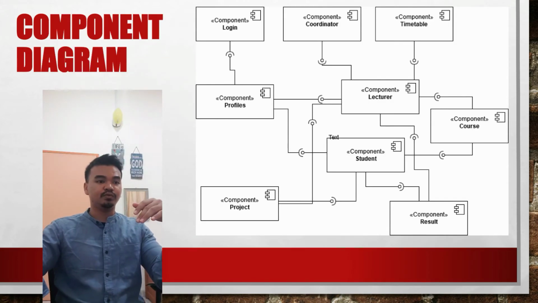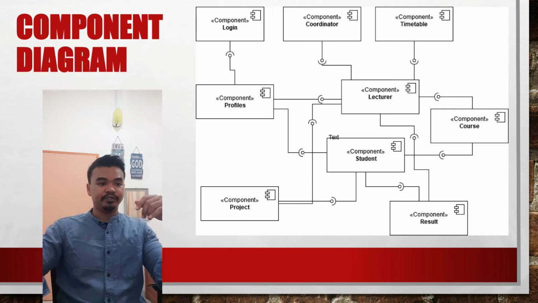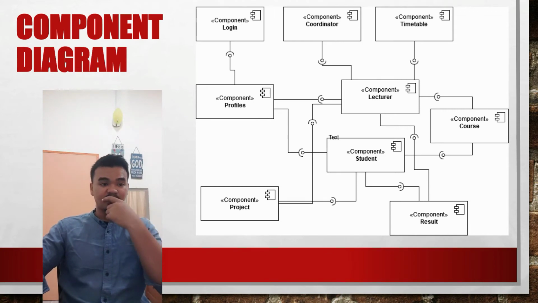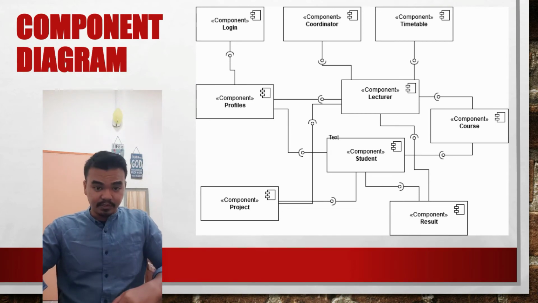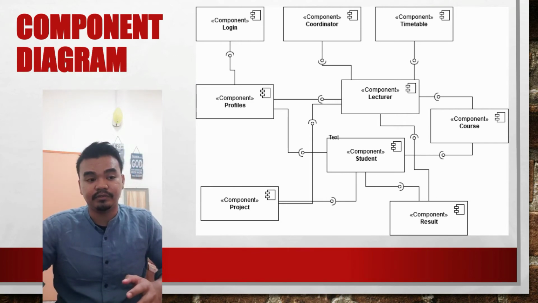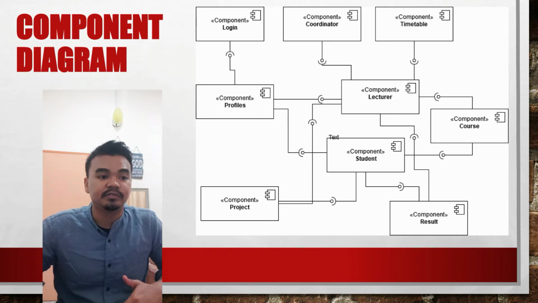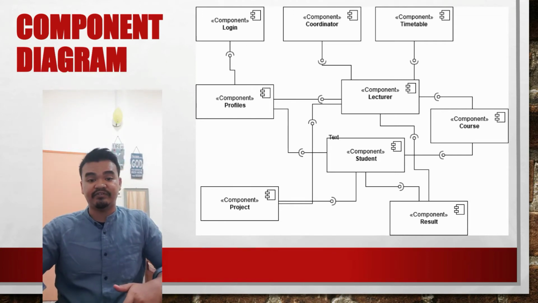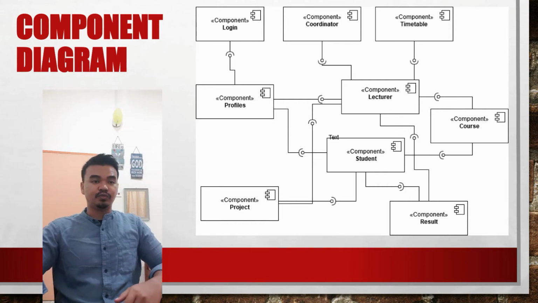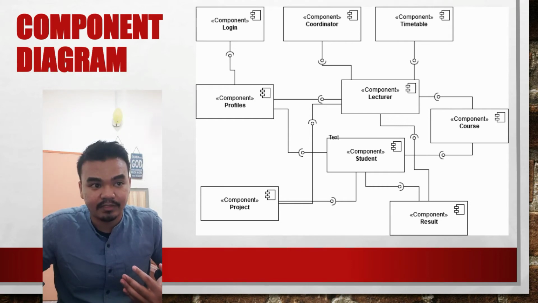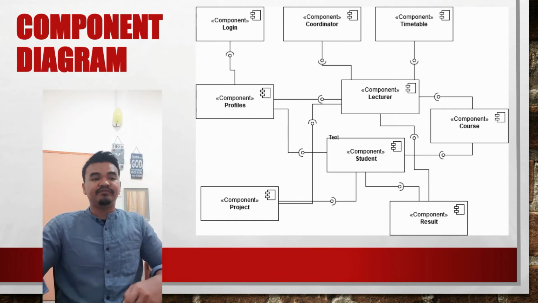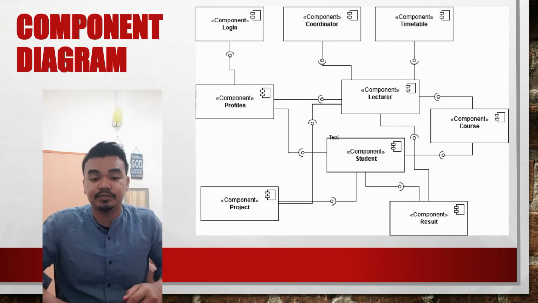Next, we will go to the component diagram. There are 9 components. First of all, for this component diagram, profile can be found when the user logs in. The user needs to log in first, then they will find the profile, and then lecturers and students must have a course, so they can retrieve their file or their course or their subject. Then result can be found after the lecturer keys in marks, and the student can check their